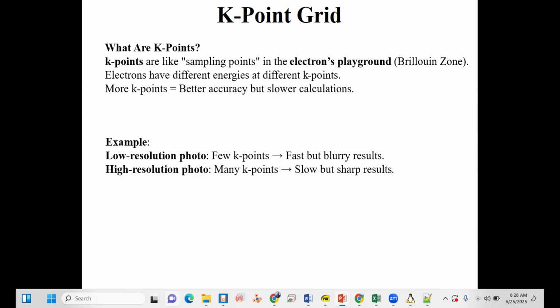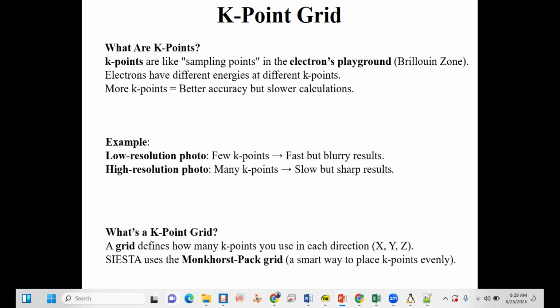Basically, K points are similar: we have a crystal with repeating unit cells, while the crystal is infinite in nature. For an infinite crystal, we can't perform the whole calculation, so we consider K points instead of the whole crystal. I already discussed what a K-point grid is. It is basically defined by the mesh cutoff, how much resolution, how precise your result must be.